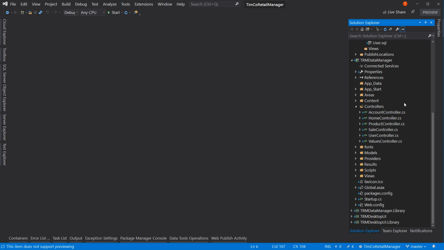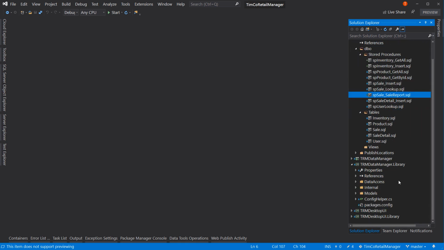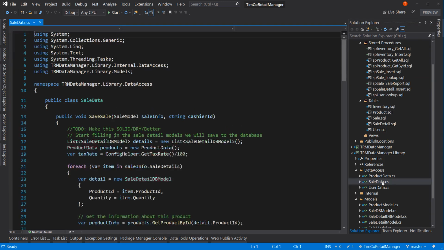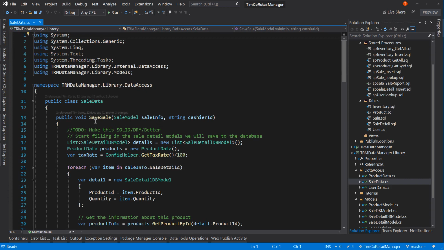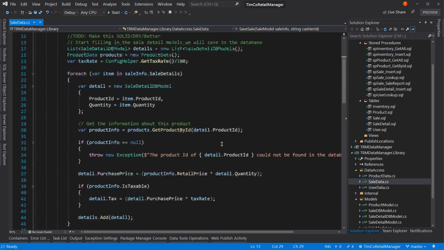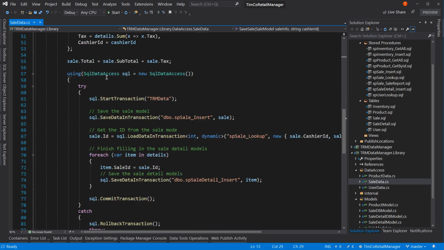And now we can look at our, let's collapse the API and open up the API's library and look at the models and the data access. So data access, right now we have sale data, where we have save sale. And that's all we have right now. And I'm going to leave this open because right down here we do have a kind of a model of how we can do data access. Now we're not going to use a transaction for this, but